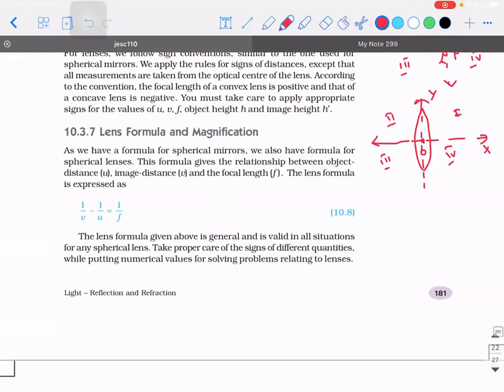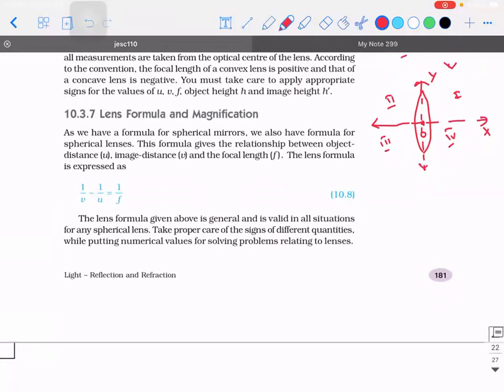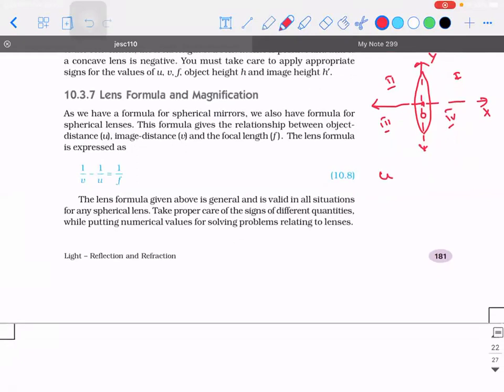Right. So tell me one thing. Keeping all these points in mind, what will be the default sign convention of u? Irrespective of whether it is a lens or a mirror, u is always negative. Why? Because you'll always place the object on the left-hand side, either left of the pole with respect to a mirror or left of the optical center with respect to a lens. So u by default is negative. Please make a note of it. In no question are you going to change its value, at least for 10th standard.